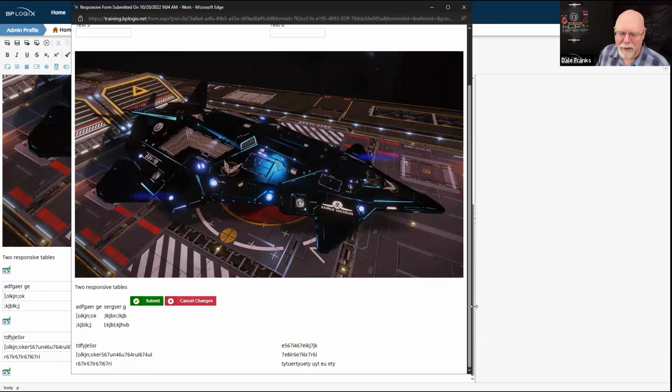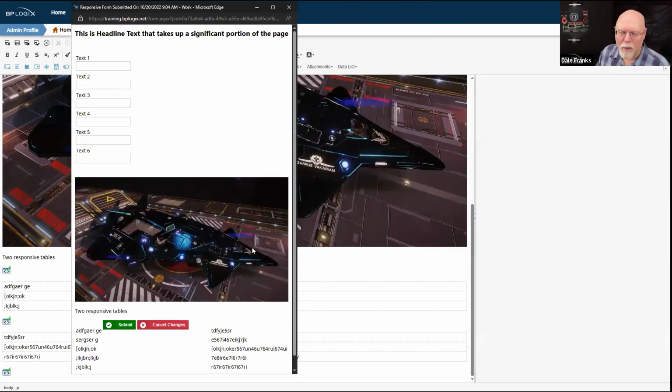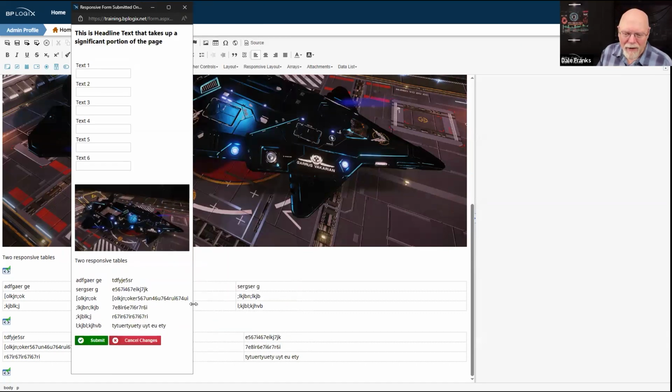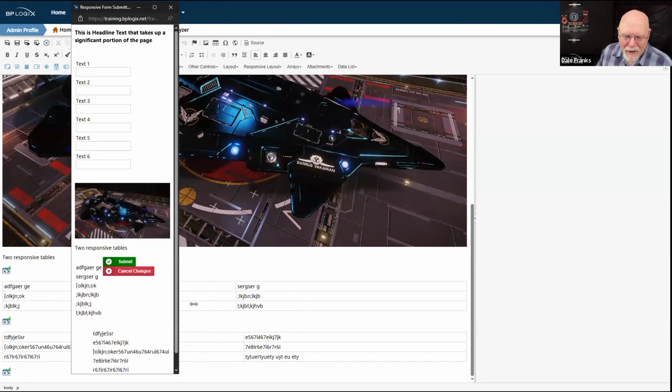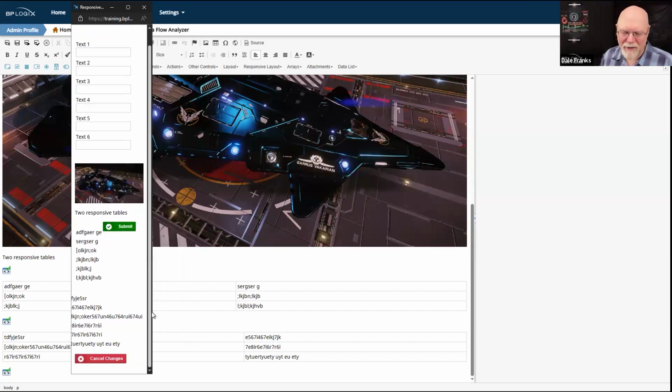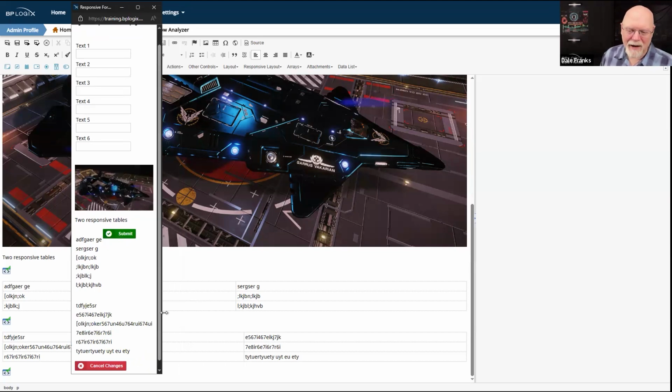And if I put them together, we're going to hit our break point, and those two tables are now going to be displayed side by side in Process Director. And eventually, if I make it small enough, boom, they're going to be displayed one on top of each other. And past a certain size, obviously, it's not going to display right.